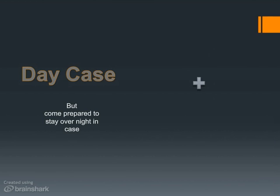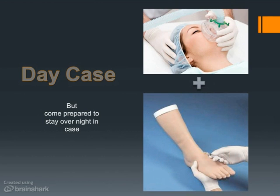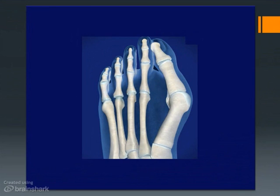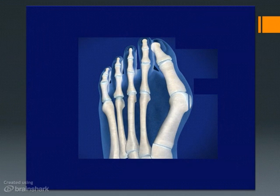The operation is done as a day case under general anesthetic and nerve blocks. We start with a small incision in the first web space to release the soft tissues. Then we do another incision on the inside of the big toe. Through this incision, we trim the bunion